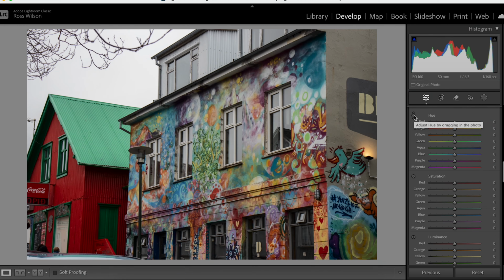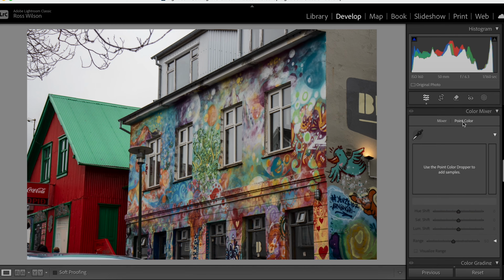Granted, every image is going to have different colors and different things in them, but being able to unify certain tones together can really help pull the picture in so it looks like everything belongs there. So I'm first of all just going to go up and tackle my hues. Now, if you're not sure what the colors are, we can use point color, which is where we can select